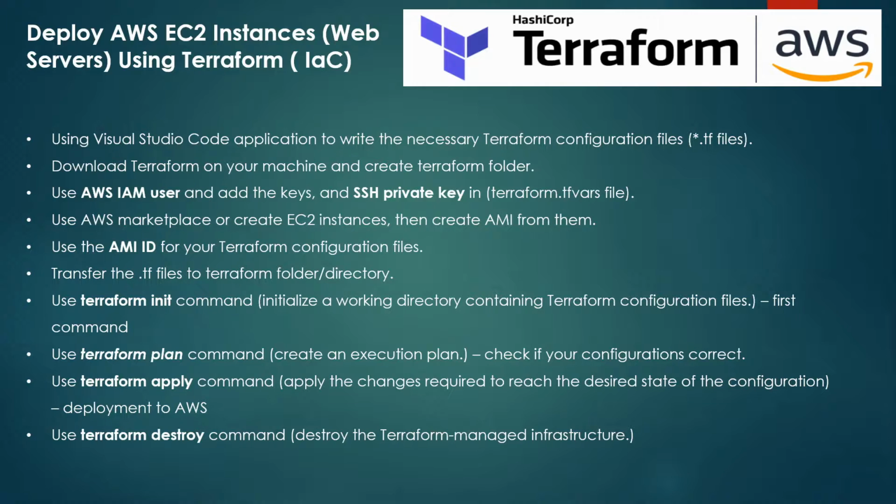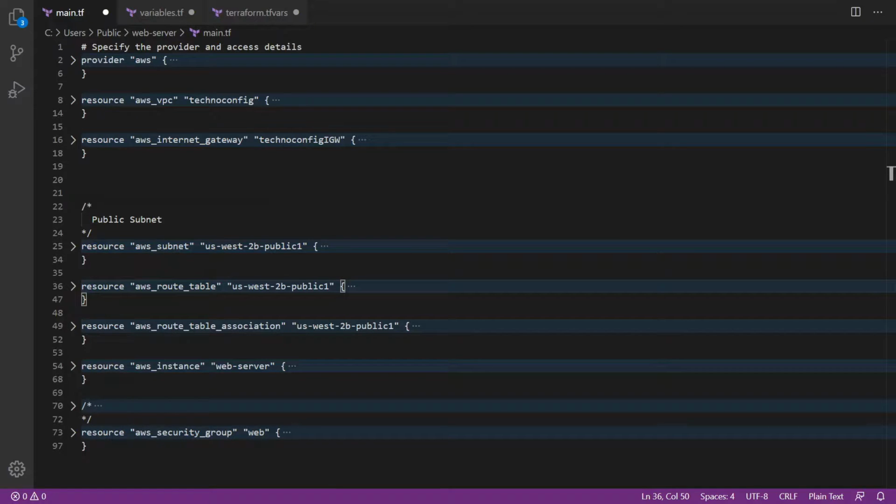It applies the changes required to reach the desired state of the configuration. This is basically when you are ready, after planning everything out, you are going to deploy to the provider. In our case, it's Amazon Web Services. Also, if you want to destroy the infrastructure you just deployed, we are using the command terraform destroy to destroy the infrastructure. So here I'm using three main Terraform configuration files such as main.tf and variables.tf,